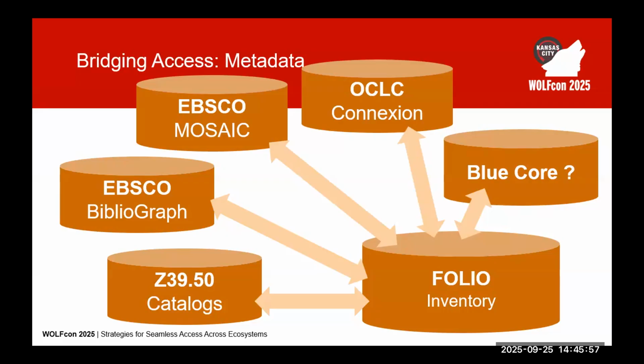And then I sat in on the Blue Core presentation, which I thought was really exciting. I was like, hey, wouldn't that be cool if we could maybe create a connector? Maybe Stanford's going to do that for Blue Core into Folio. That'd be really cool, right? And we're doing some amazing work with the Library of Congress to make sure that their new linked data records are going to be openly available and integrated in with Folio. And we have a Z39.50 connector for anybody who likes to do 1980s cataloging. You have access to that.